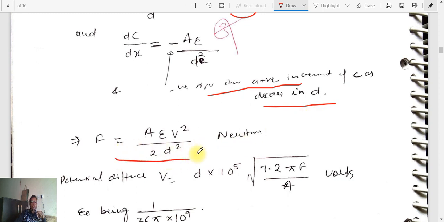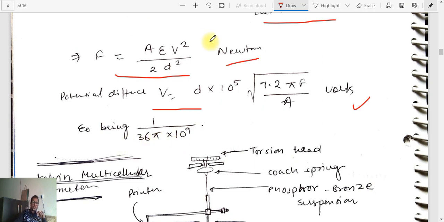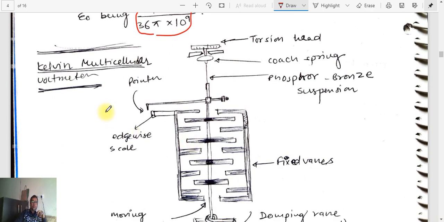F is equal to A epsilon V square divided by 2d square Newton. The potential difference is equal to d into 10 to power 5, 7.2 pi F by A volts. Epsilon we can check here, 1 divided by 36 pi into 10 to power 9. This is the Kelvin multicell voltmeter. This is the torsion coach spring